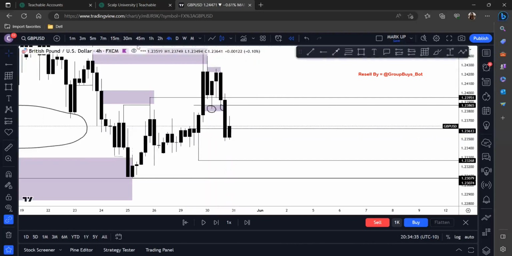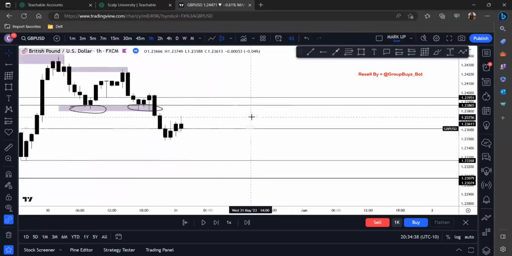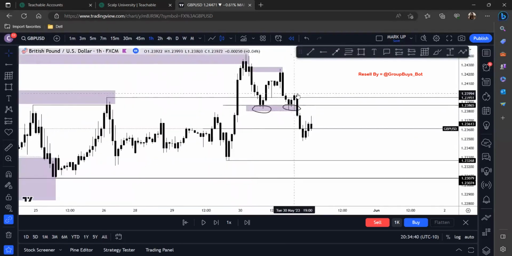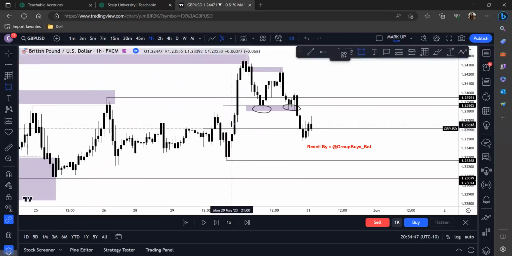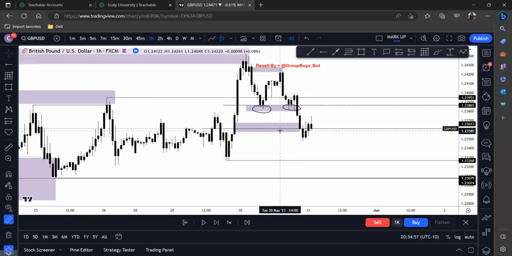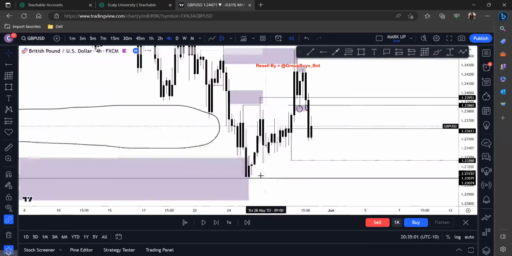But remember, I also said you want to look at how price is breaking structure. Because this happened and it had a huge push to the downside, obviously we're not going to enter right here at this imbalance, whatever you want to call it. We're not going to enter here because price was just pushing super hard, right? We don't want to enter there. So obviously we want to enter at something a little below that. And you can kind of see that on the 4 hour.